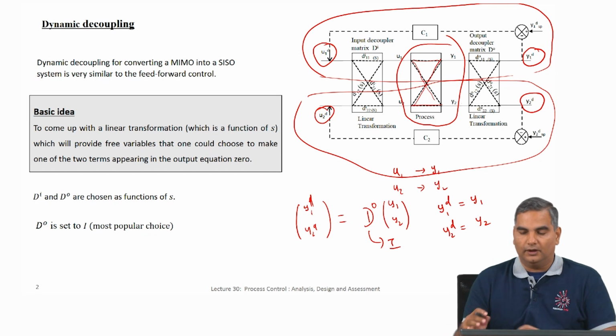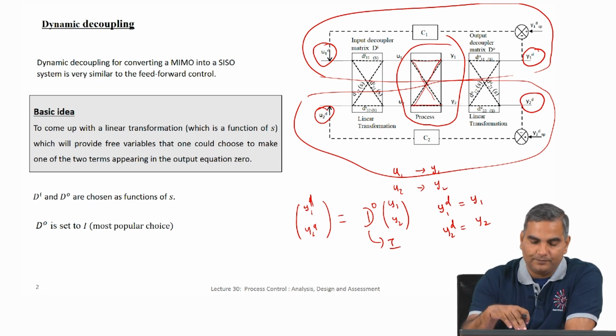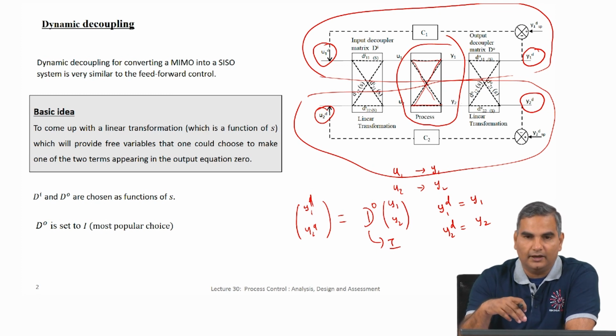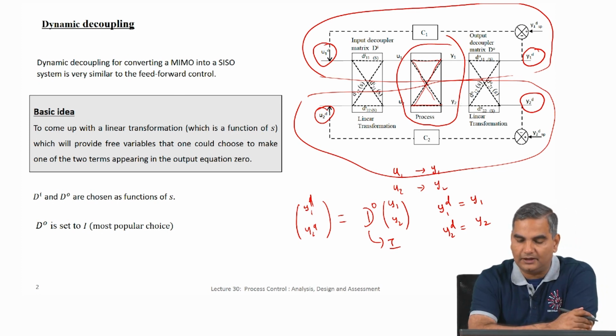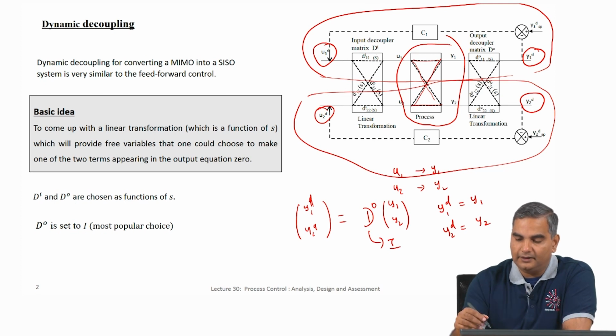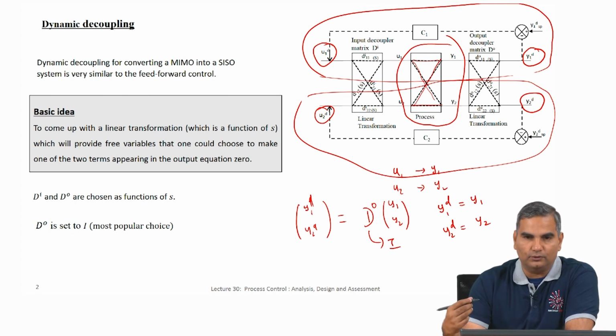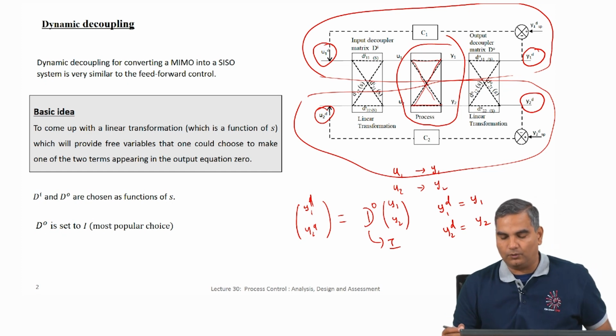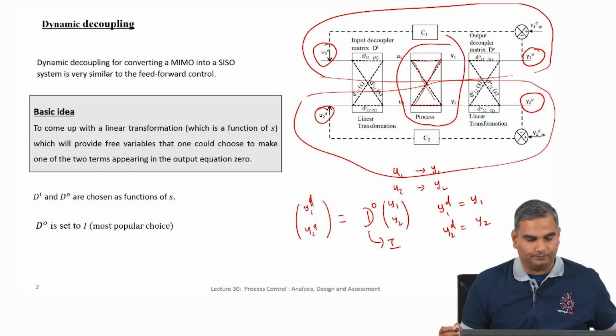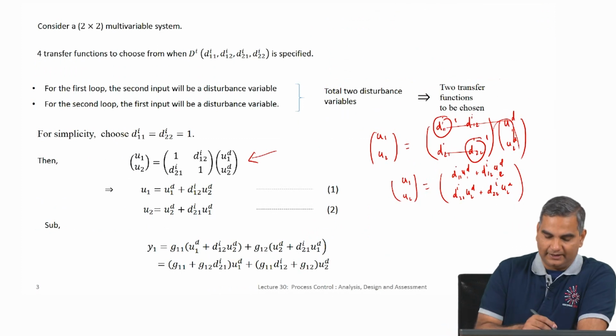So as far as this picture is concerned, for this decoupler module, though there are 4 elements or components I can choose, I am going to choose 2 as 1 and the remaining 2 are yet to be computed, which is what happens with this D input side of the decoupling. The D output I am simply going to assume is identity. So I will simply get y1 decoupled is y1 and y2 decoupled is y2. So we come back here.